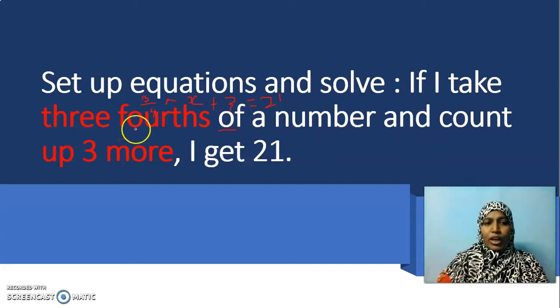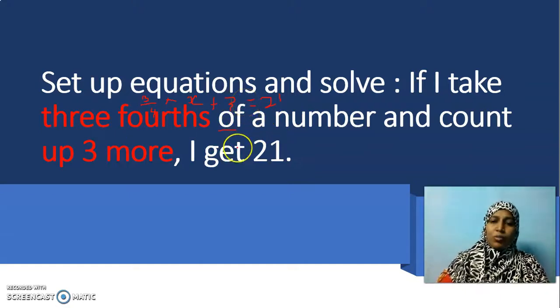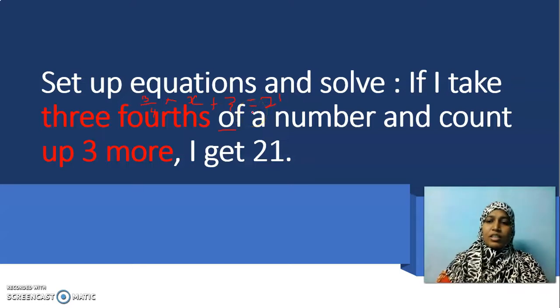You should know how to locate these clue words, like "3/4 of a number". If you understand the question, you will be able to write this equation. Read the question more than 3 times to write the equation. Once the equation is ready, it's simple and easy to solve it by the rule of transposing. Now shall we solve it?